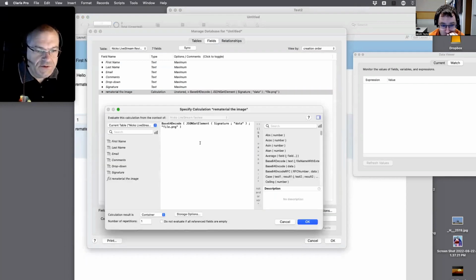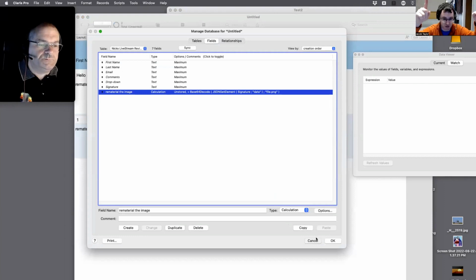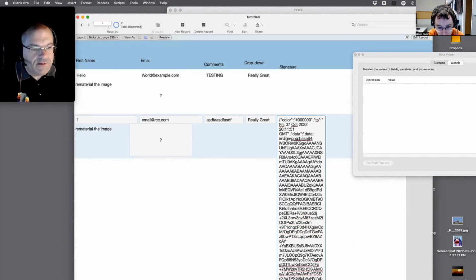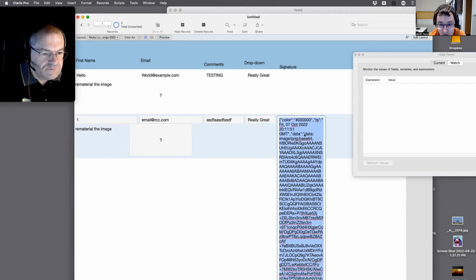I can't delete it. If you don't want to damage the data, substitute. Copy. You're going to copy right there. I can't direct you. You need to start at the data field and then go to the image PNG base 64 and end at the comma. And that is what you need to sub out.